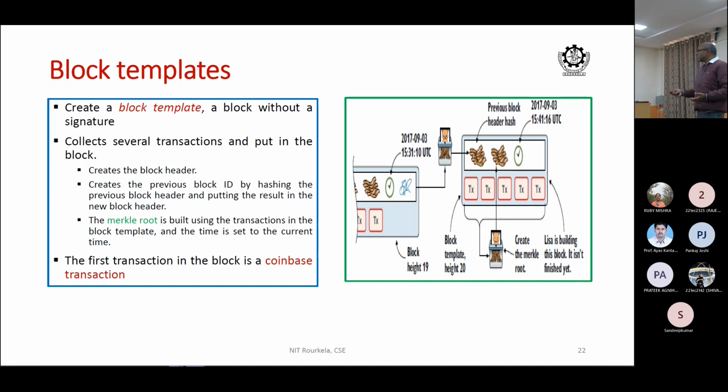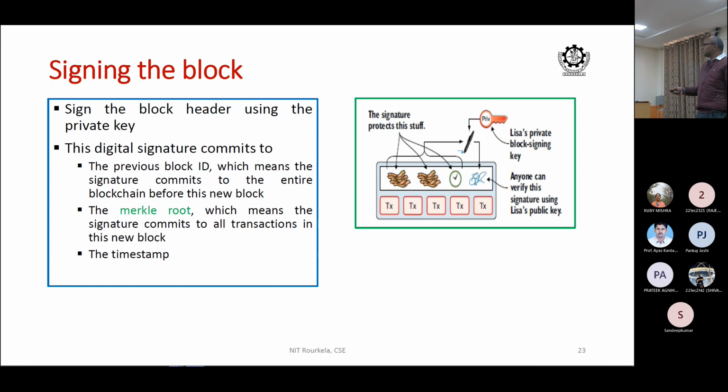Now let's look at signing the header. These are all the transactions, and we sign the header using the private key. So you created the header. What does the header contain? The header contains the Merkle root, the Merkle tree. It contains a time. It contains another pointer to the previous block to which it is linked. All of these are again signed to create one signature, and that signature is again part of the block.